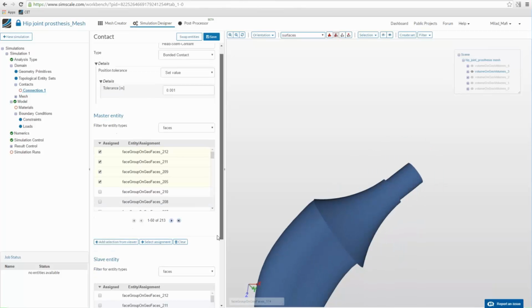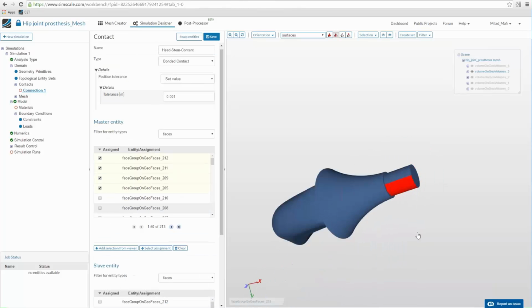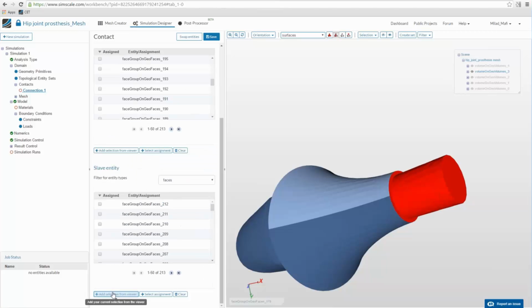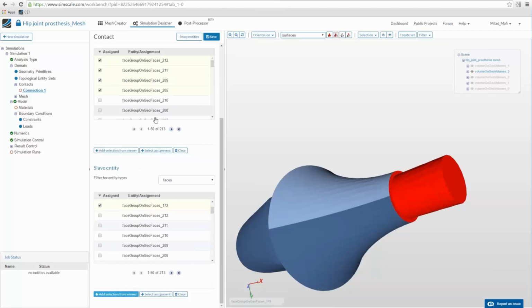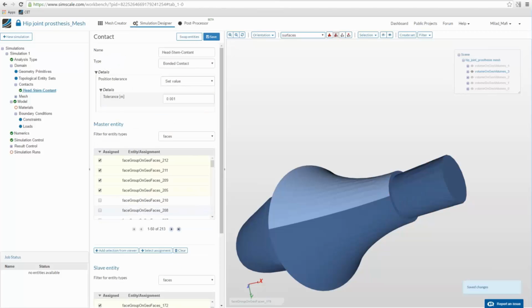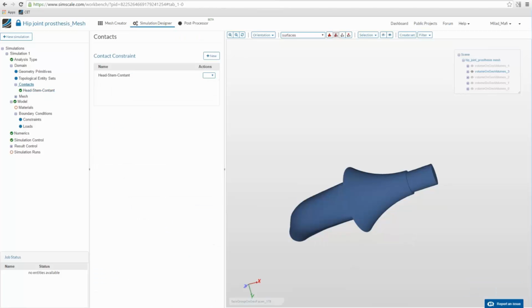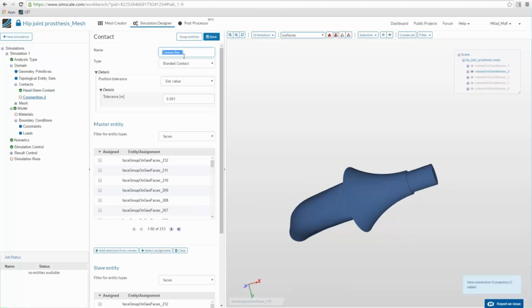The calling slave surfaces, we can select them here, are these surfaces. We'll add them to slave. And that's it. Now we have defined our first contact between head and stem. And exactly this way you can also create the three other contacts, for example, between stem, all the bones,